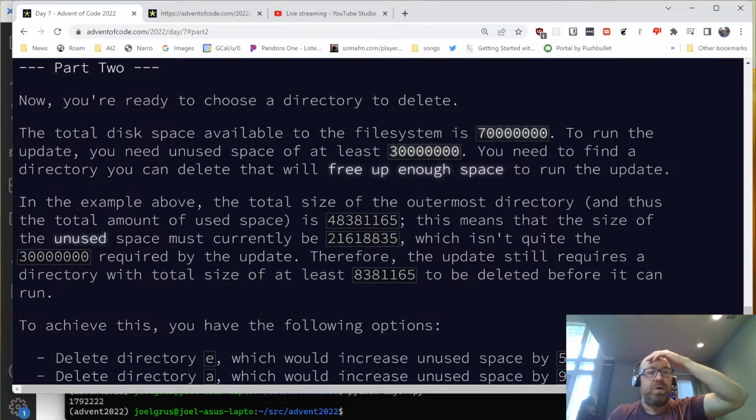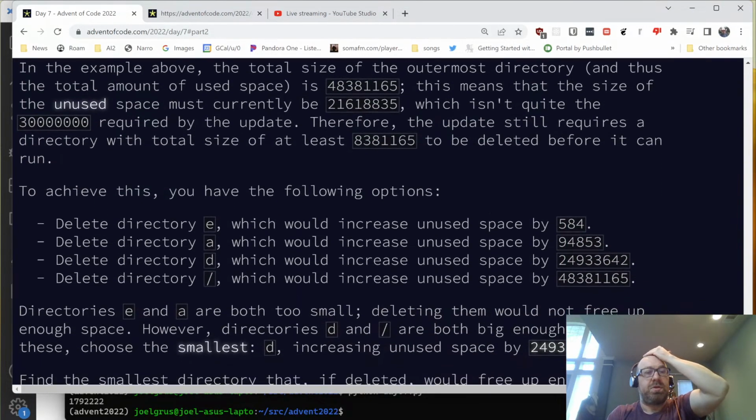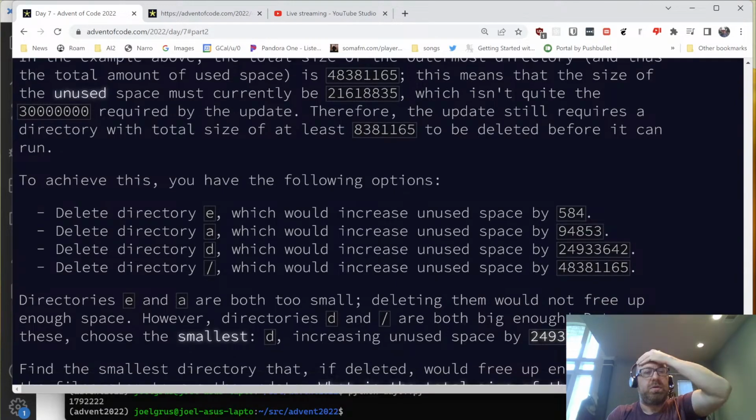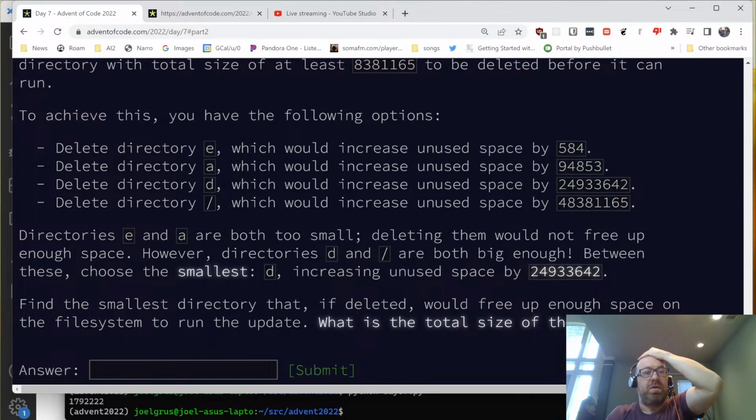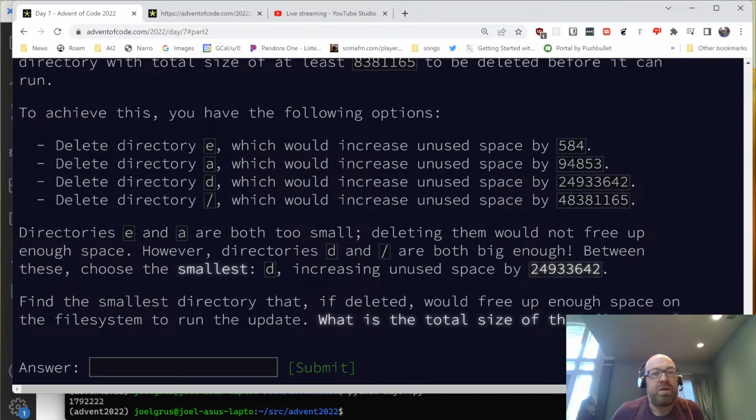To achieve this, you have the following options. Delete directory E. This is too small. Between these, choose the smallest, D. Find the smallest directory that, if deleted, would free up enough space on the file system to run the update. Okay, I didn't quite